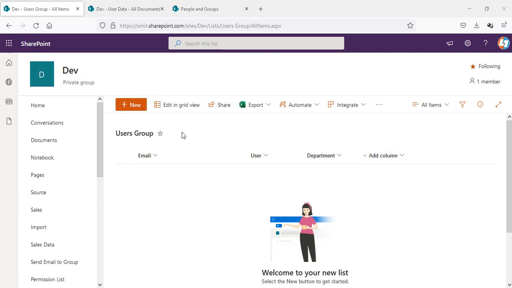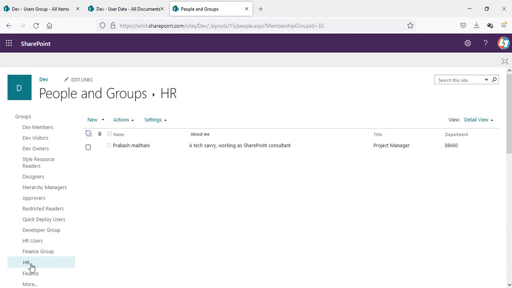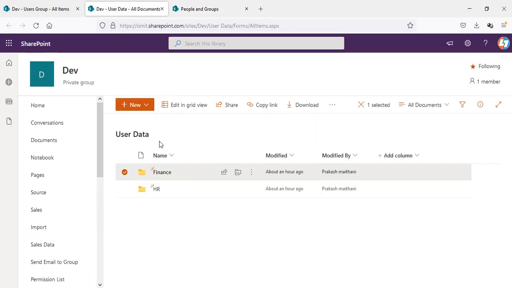I have a SharePoint list with the name users group, and what I want is, every time I add a new user to this specific list, based on the department, the user will be added to specific groups, right? And I have created two groups, one is HR and one is finance, and as of now I am the only person who is part of these groups. And based on these HR and finance groups, I have created a document library which is user data,